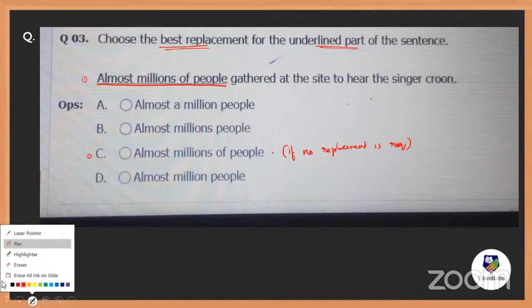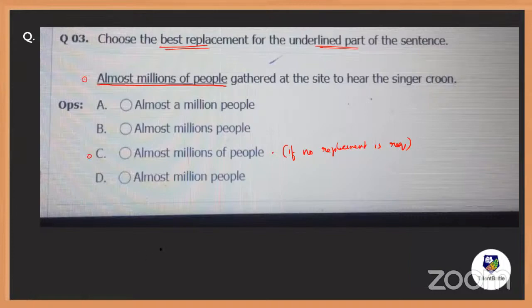People, you should take a general example. Yesterday I told you in the teaser session, I hope some people would have joined, I told them, take it generalized. Now people, when I want to say almost, look, whenever I want to say almost, I should give a specific number, right? Yes or no, everybody, a specific number.